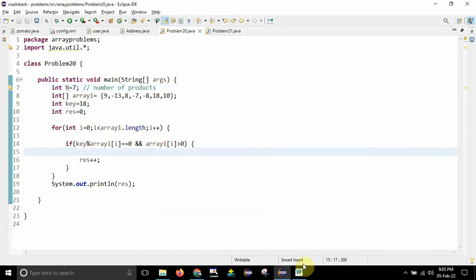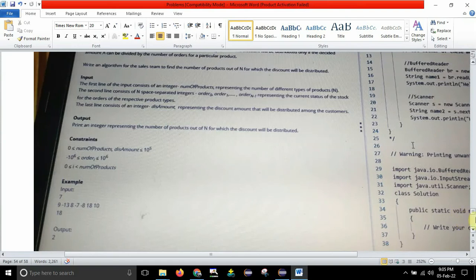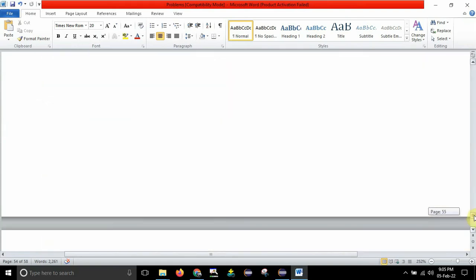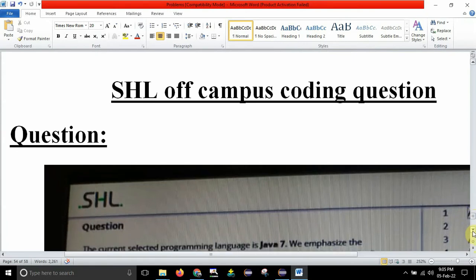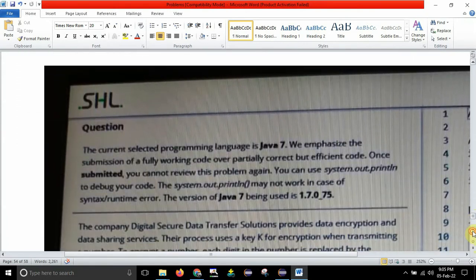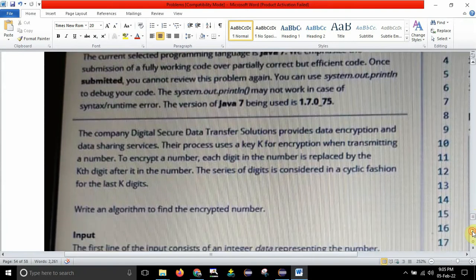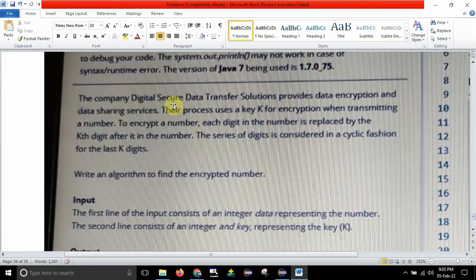After this I will be uploading one more video which is for the same company, SHL Private Limited. I have that question over here, and you can see this was the second question, guys, and it was pretty much simple, but it was a little tricky. Or else I will do one thing, guys, I will actually solve both the questions in this itself. I will not stop this video here. I thought of doing 2 videos for this one, but it is only 14 minutes, and I will solve both the questions here itself, guys. Okay, so fine, let me just solve that one as well.